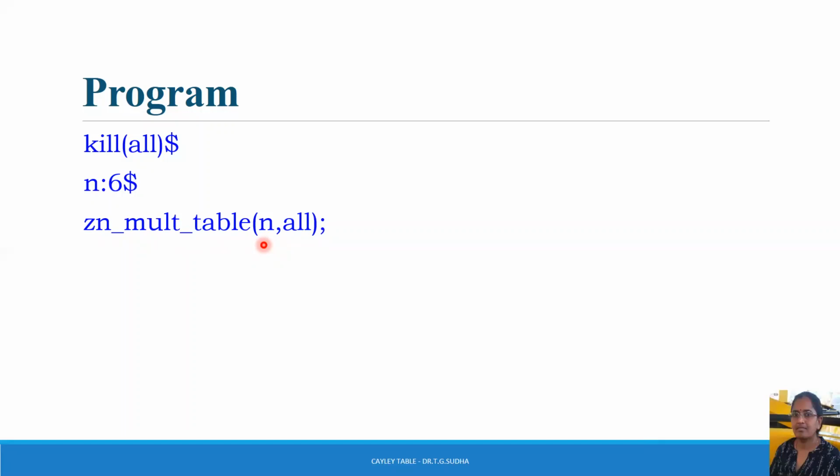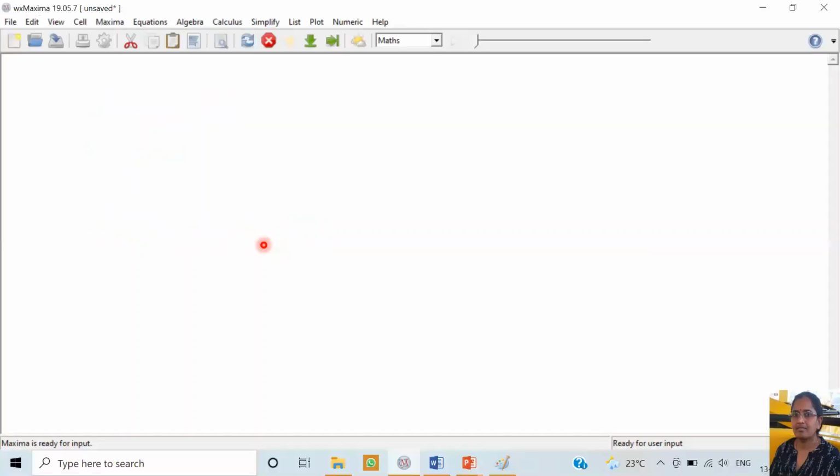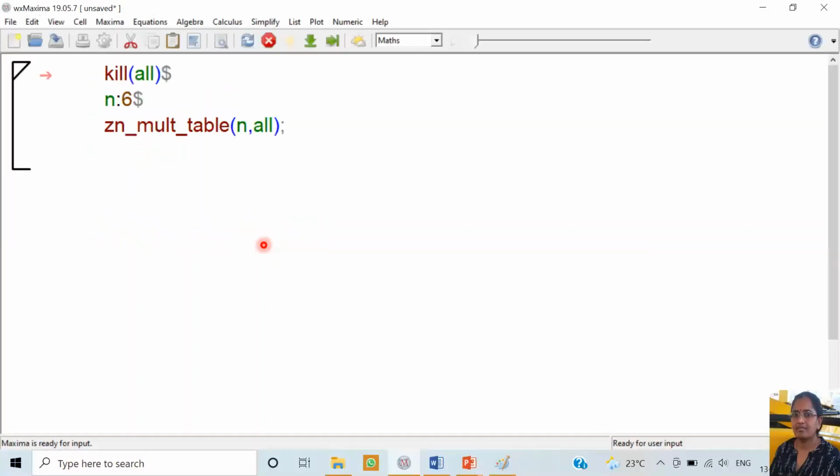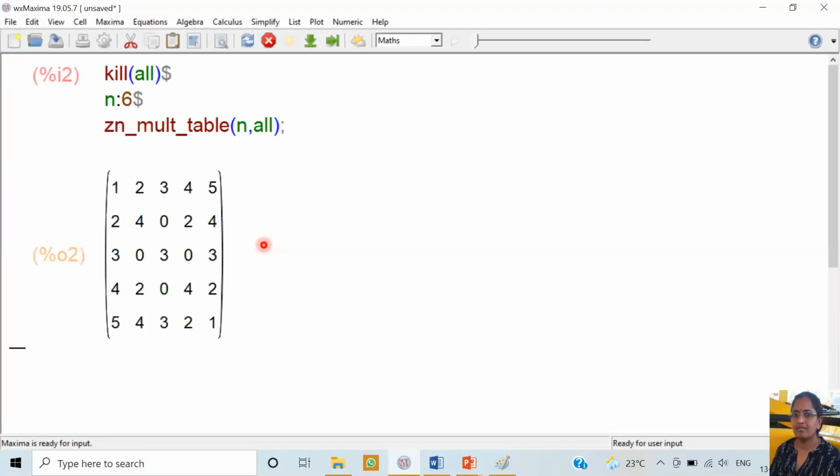So let us move on to the Maxima window. Let us put this command in the Maxima window now. So this is the command. On execution, we get this to be the multiplication table for Z6.